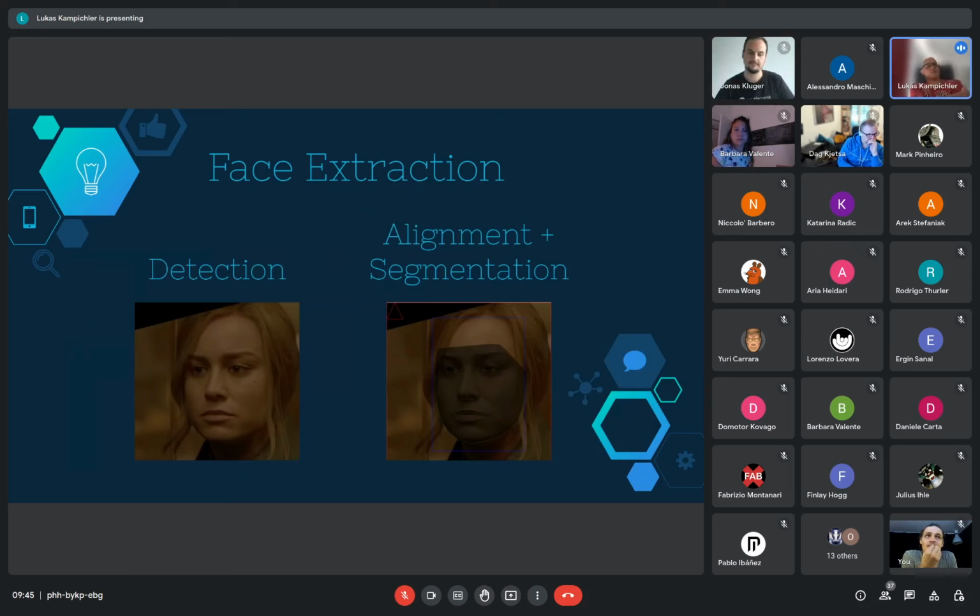So first, the facial extraction. We need to detect the faces in the images, and we also have to align them. Aligning means that the software recognizes the basic landmarks, so the eyes, the nose, the mouth, and the eyebrows. But we also have the face segmentation, where the software learns if a pixel of an image belongs to a face or not. This gives us a mask that can basically be used as an alpha channel.